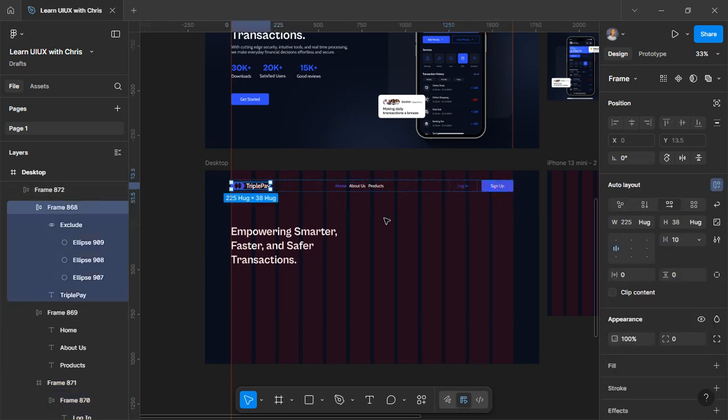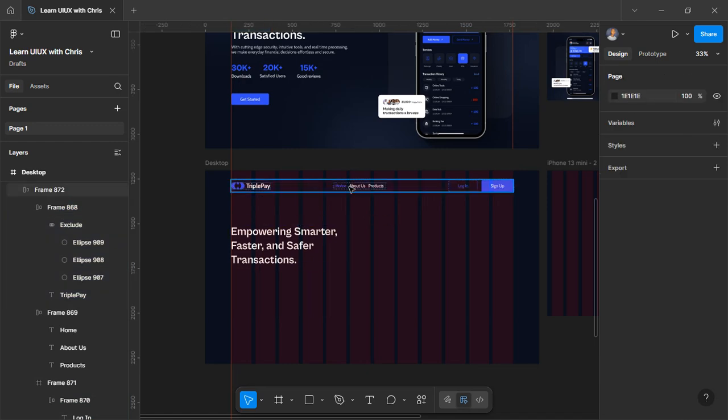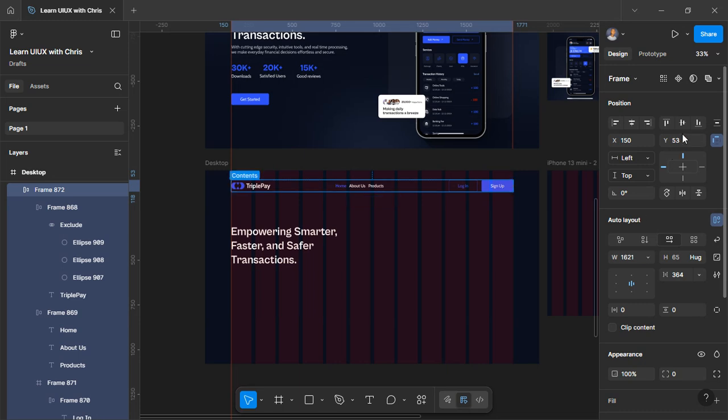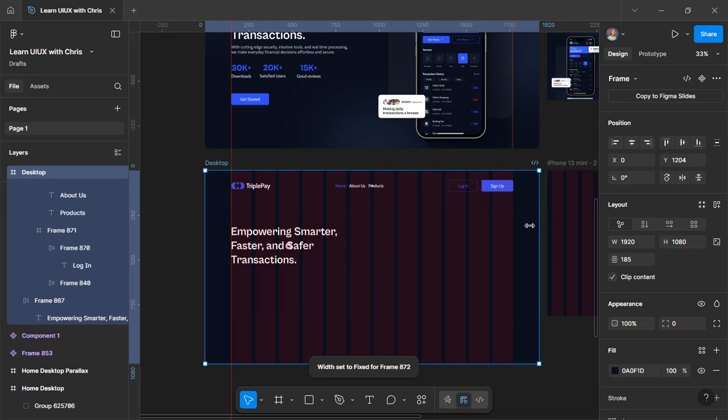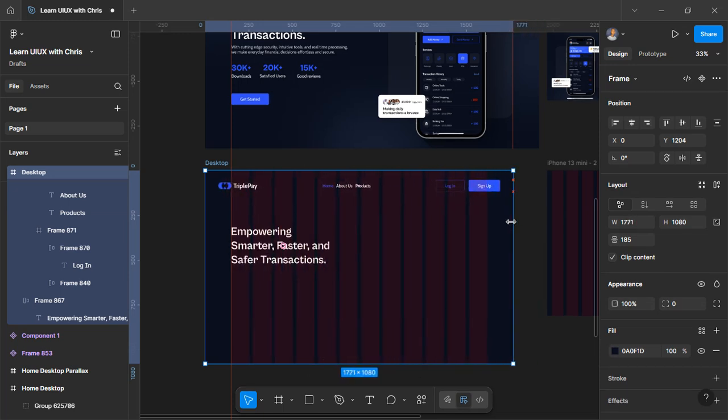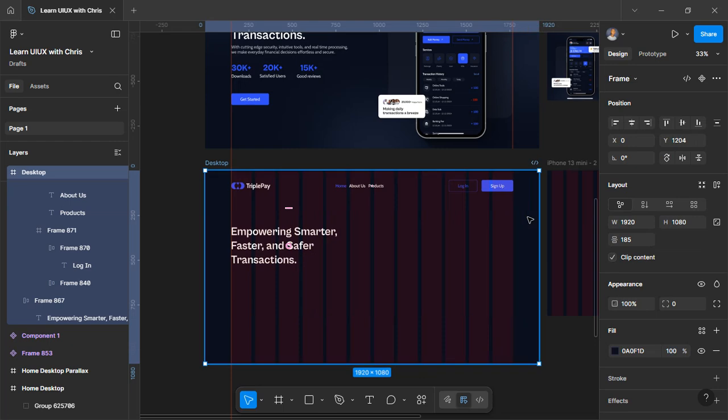Okay, and this. Now let's check our constraints. Our constraints, we can make it left and right as well. And yeah, that's that about setting our navigation bar. Okay,